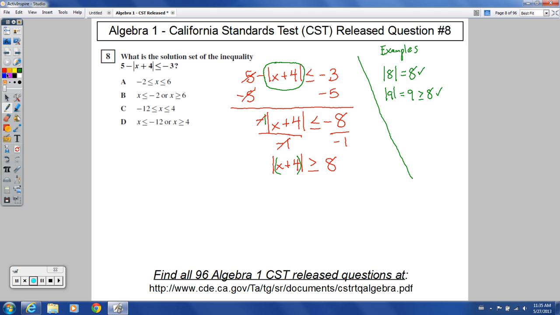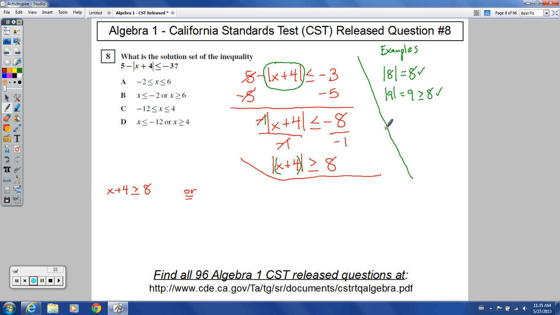So this is one possibility. We're going to have something or something over here. I could have that whole chunk together, x plus 4, be greater than or equal to 8. Because if I have something that's 8 or more in here, after I take the absolute value of it, it will be greater than or equal to 8. So we could have this, or,